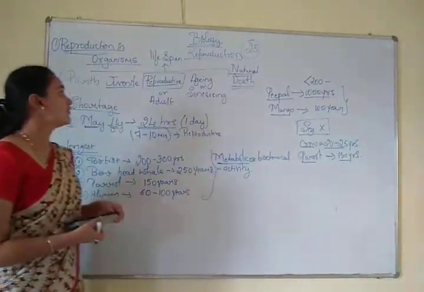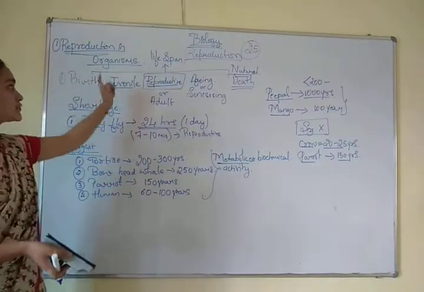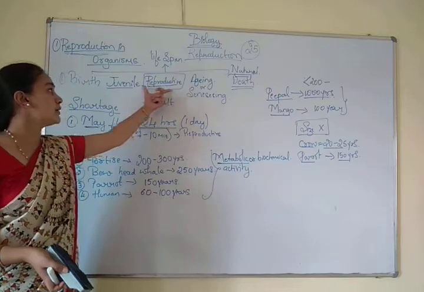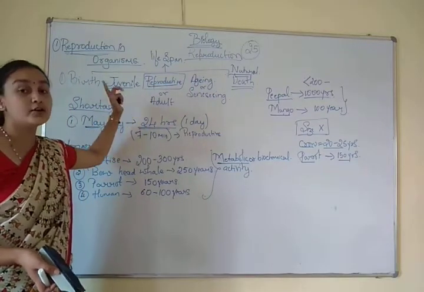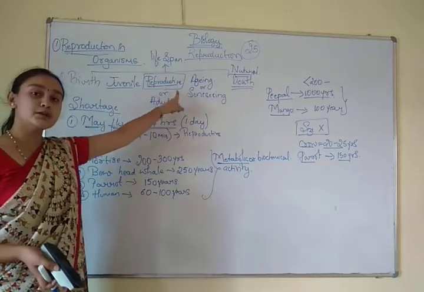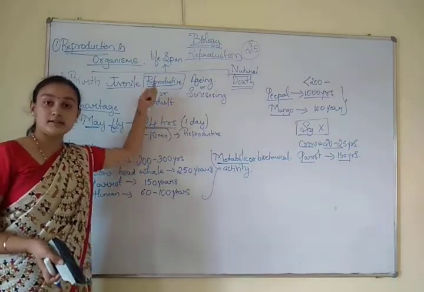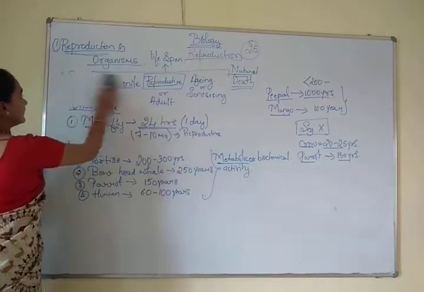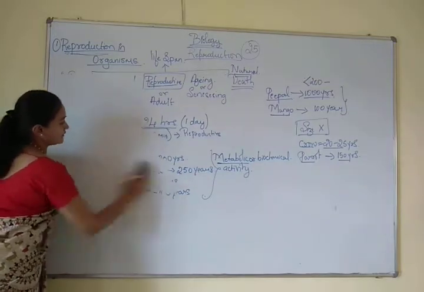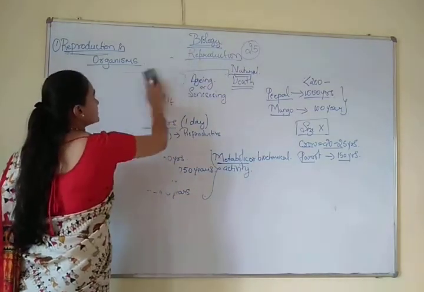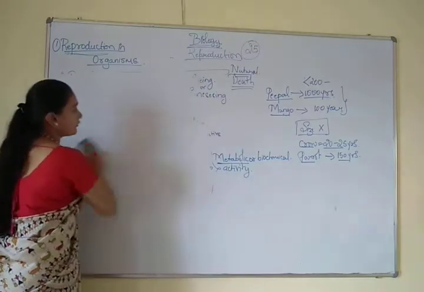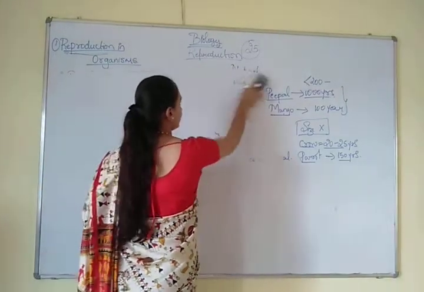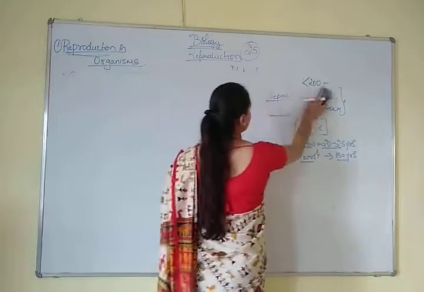Okay, now let's see the different stages of a lifespan. The lifespan has different stages: birth, juvenile, reproductive, aging and death. The juvenile stage is a growth phase; here no reproduction takes place. Whereas in the reproductive stage, the adult gives rise to the young ones. Now let's see the two different types of reproduction. This chapter carries around 25 marks, so you should note all the main points. Make keynotes.